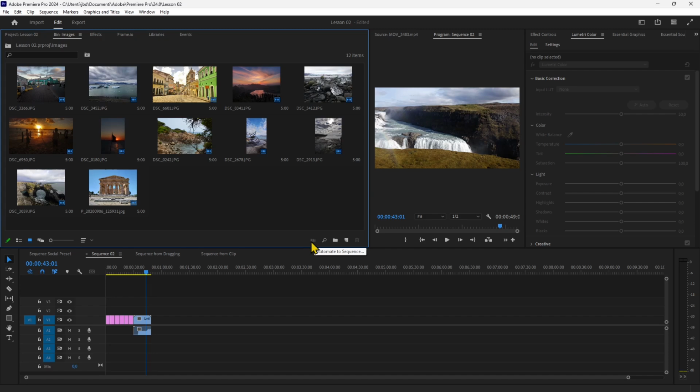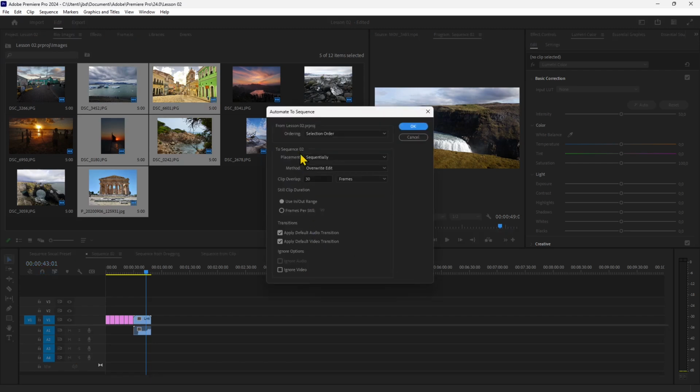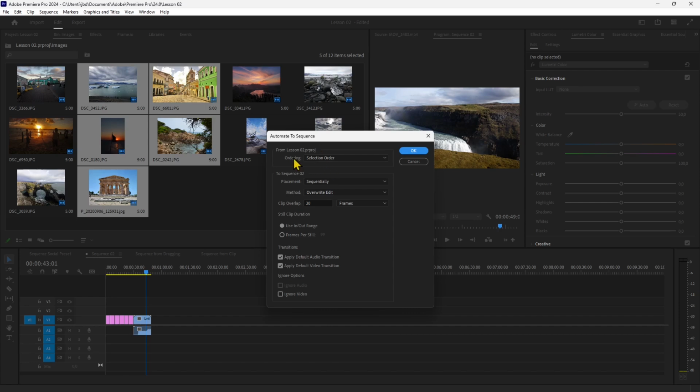Now here you have automate to sequence, and in this case I can select some images here. So let's do it like this, and now you can see it's on. If I click there, it's going to create my sequence. You can change the ordering into the selection order or the sort order in terms of listing. The placement is sequential, so it's going to create a sequence, with a clip overlap of 30 frames, and then you can also change the duration of a still clip,